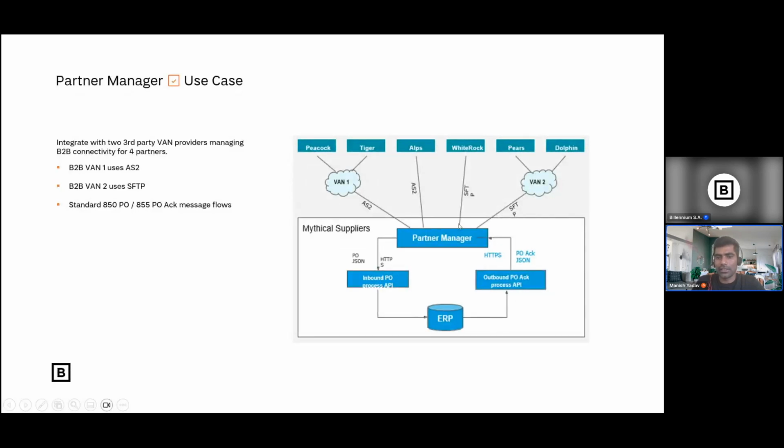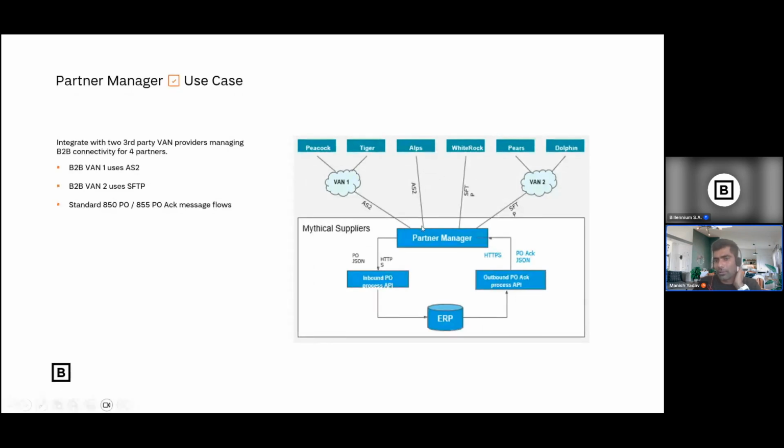Basically the transformation is done here at the partner manager, and you are sending that data via some API to save the order in ERP. Once you save the order, after some time you receive a notification: your order has been confirmed. Then you get something called an acknowledgement saying your order has been confirmed, and it will again go back to the different partners. So this partner routing and transformation is done by the partner manager. It is acting as the experience API for you.